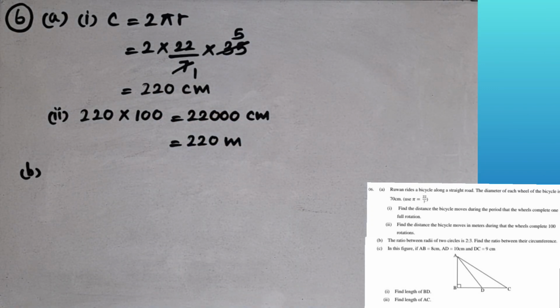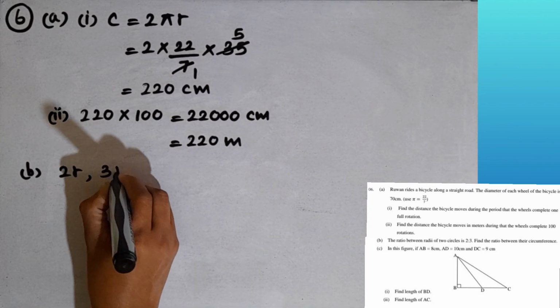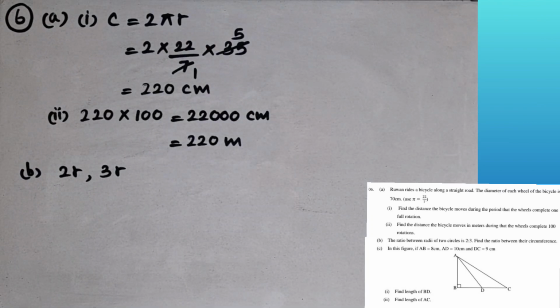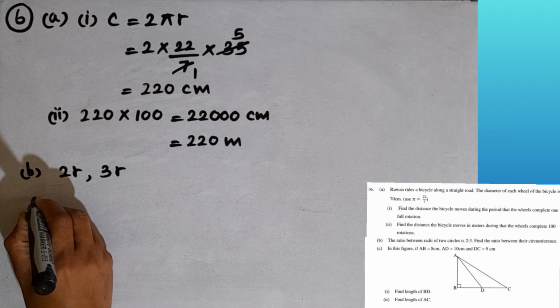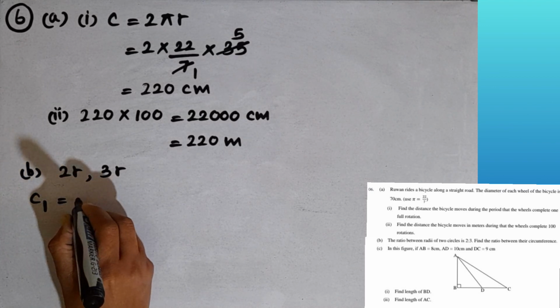B part. The ratio between radii of two circles is 2 to 3. Find the ratio between the circumferences. We will take the two radii of the circles as 2r and the other one 3r. So we can find the circumferences. I will take the circumference of the first circle as C1. C1 equal to